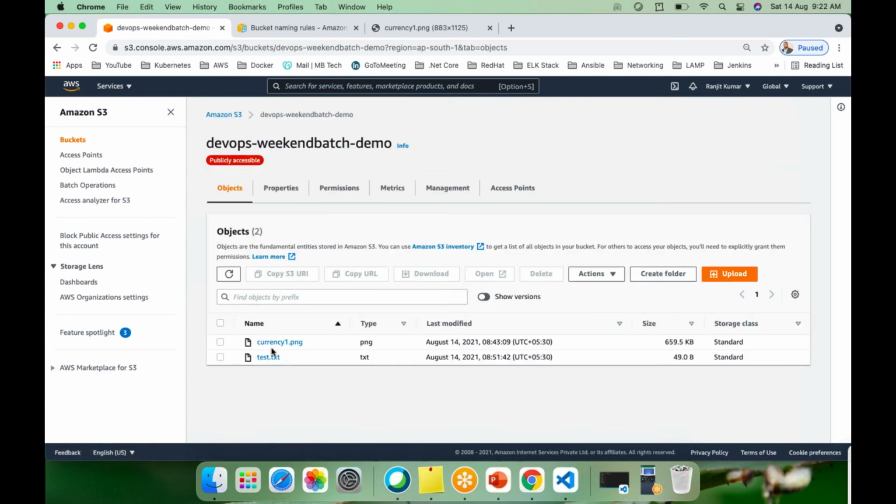If I go to Amazon S3 again, guys, can you see the difference here? Other buckets have objects that can be public, but here the access level itself is entirely public.